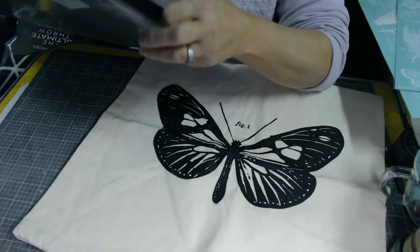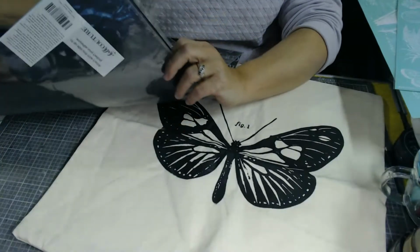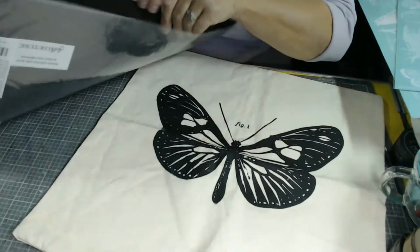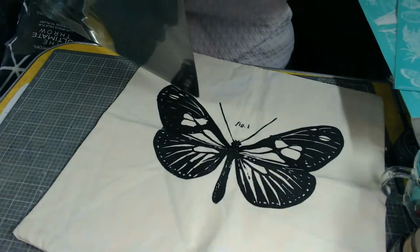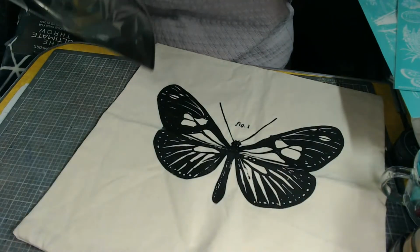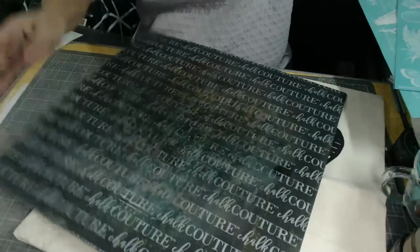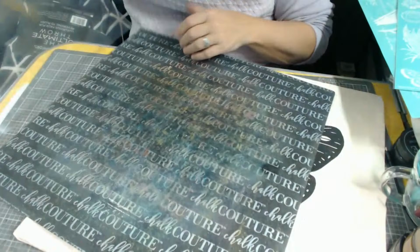But today we are going to overlay this French, what is it called? Paris pattern over the top of it to fill out the background and sort of draw your attention. Oh, I can't get this out today. Oh, this is stuck because somebody didn't put the cover on it. Oofda, sorry about the noise. So we're going to use